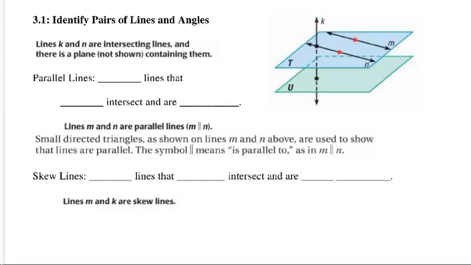the first plane. So parallel lines are when we have two lines that don't intersect but are coplanar. So notice that they're not on a different plane, they're actually on the same plane. Then, if you look at some of the things I already mentioned, these little red triangles are what we use to show that the lines are parallel. And then the symbol, these little mini parallel lines, that's what we're going to see whenever it's saying that M